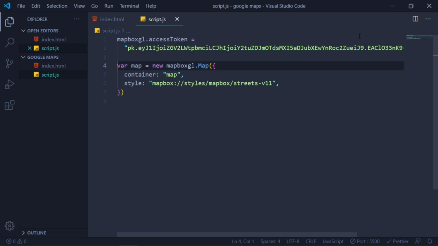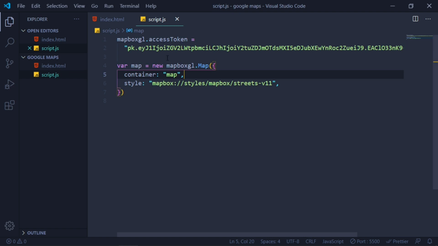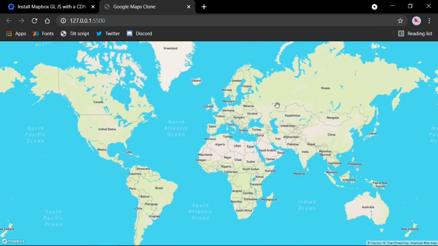Okay, and then we have this code which creates our map, in which there is the ID of our element map, which is coming from this ID. And then we are defining the type of map, whether it is simple, hill view or satellite. I am also going to show you how to make a satellite version of this map by the end of this video. Now to make this map look like a Google Maps clone, we have to get our current position.